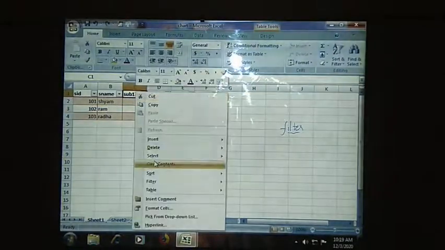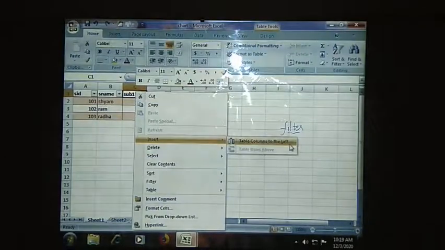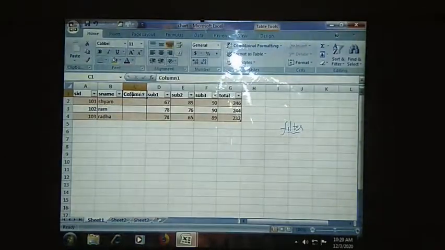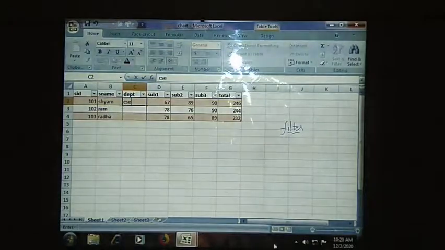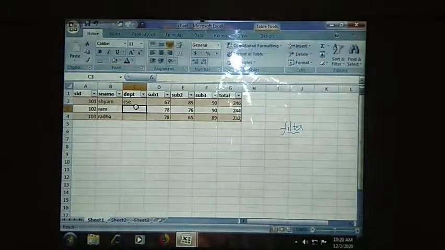I will right click and insert one more column, and I will name it department. These students are studying in this department. Say suppose he is studying in CSC, that is computer science. If he is studying in civil, if he is studying in ECE,